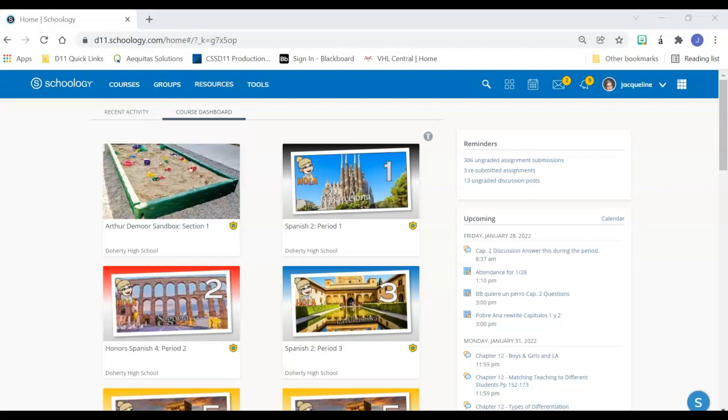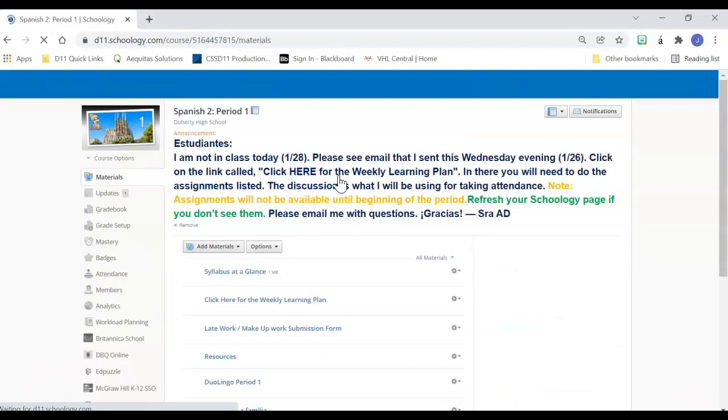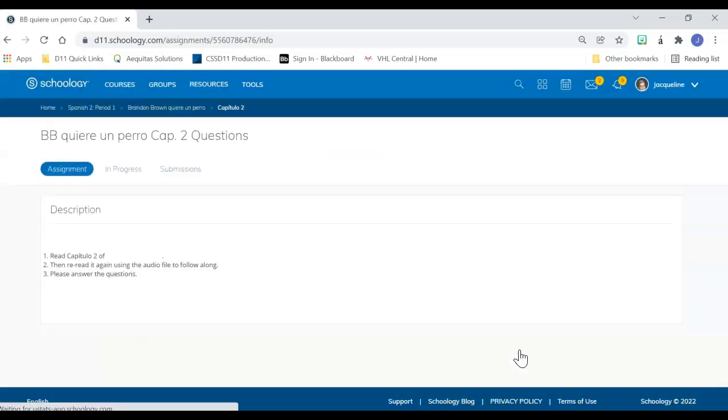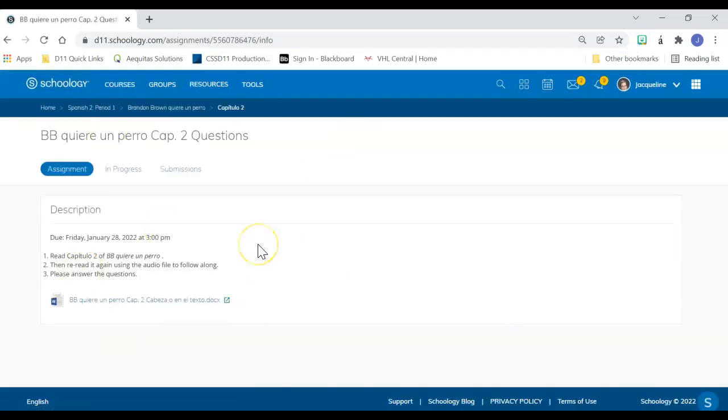Alright guys, I'm just going to quickly do a quick video walkthrough on how to sync up your Microsoft 365 to your Schoology. Sometimes when I put an assignment into Schoology, I'm giving an example here real quick. I'm just going to go into an assignment and it looks like this. That means that I've taken an assignment from my Office 365 and I've put it into Schoology and in essence